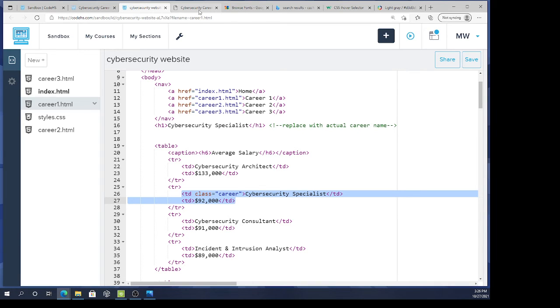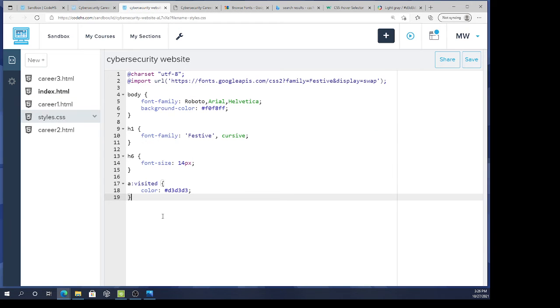So what I'm going to say is, whenever you're working with the CSS, the dot. So I'm going to say .career,